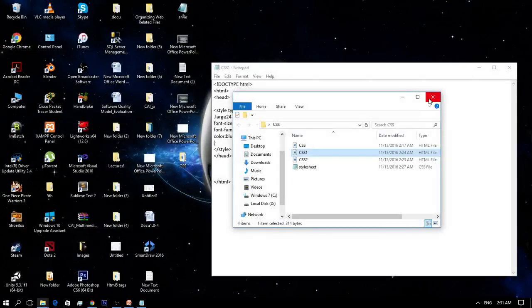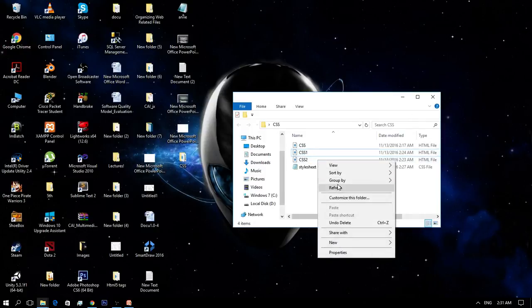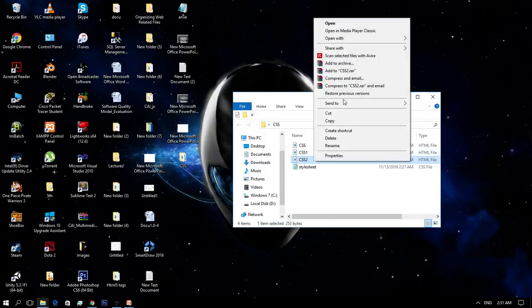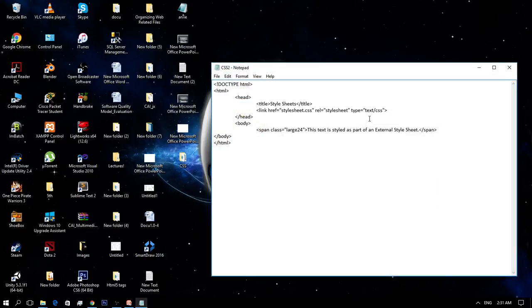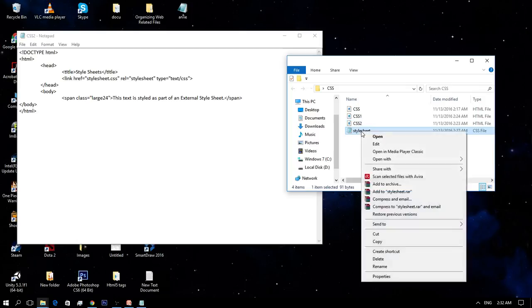The third one is the external style sheet. An external CSS file holds the style information. When we say external file, we have to make a new text document, which is the CSS file.